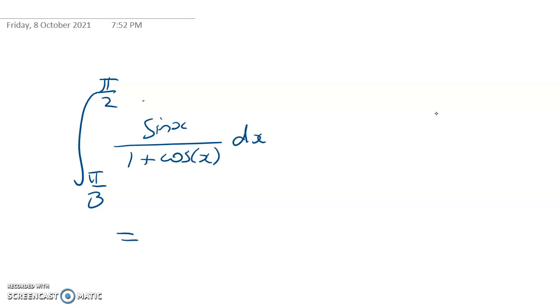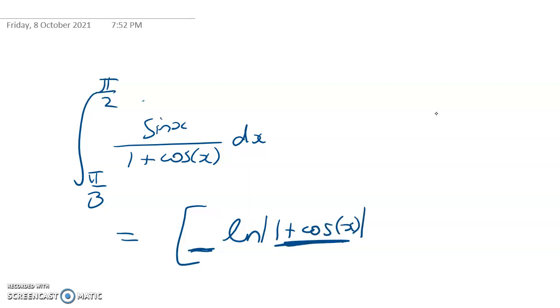So I can do this straight away without any substitution. It's going to be equal to, leaving a gap, the natural log of 1 plus cos x. And then here, 1 plus cos x will differentiate to give me negative sine x. I don't want that. I want positive sine x. So I have to put a negative in front of that. So it's going to be that. And then evaluated at those limits,